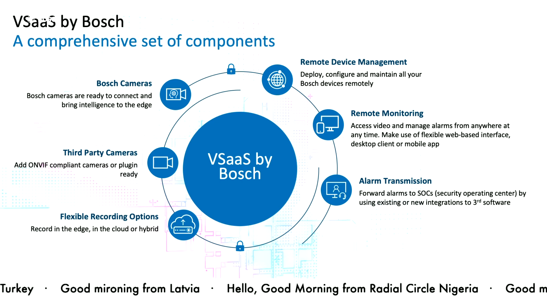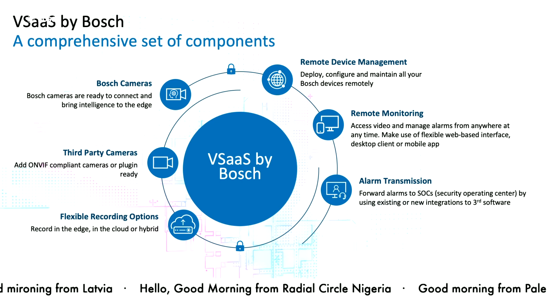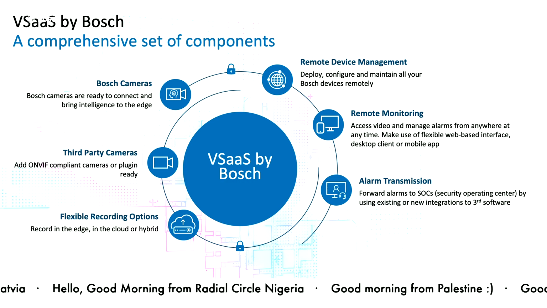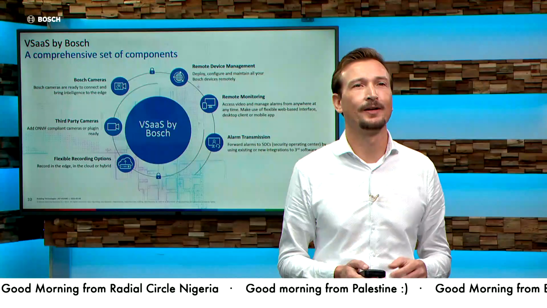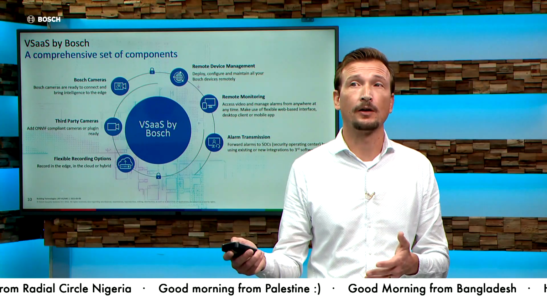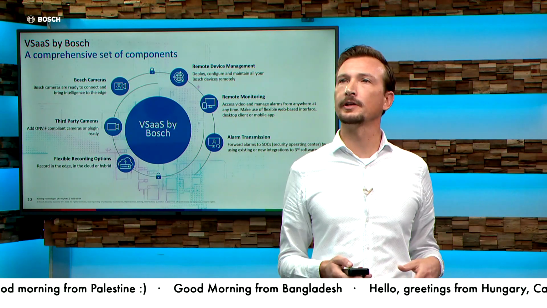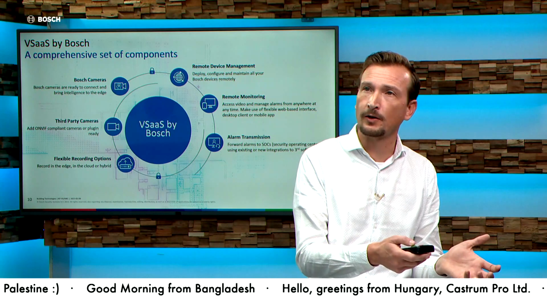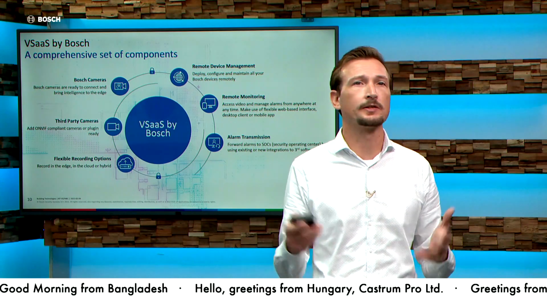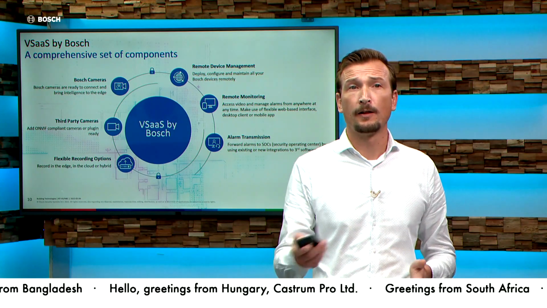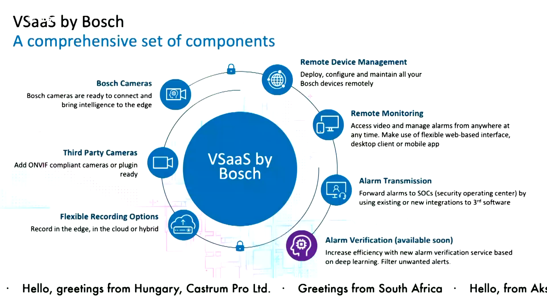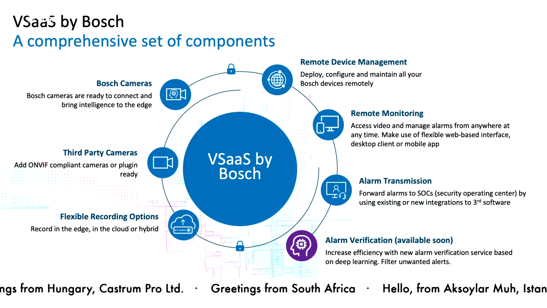Still on the left side, you see also flexible recording options. So with our solution, you can decide to record in the edge, or maybe completely in the cloud, or maybe both. You go hybrid. You want to record continuously in your SD card inside of your camera, and maybe just events into the cloud. Last but not least, alarm verification, but I'll not tell you much about that one, because